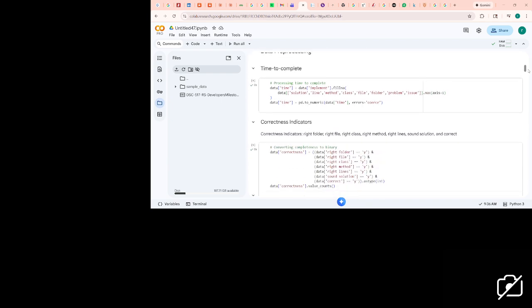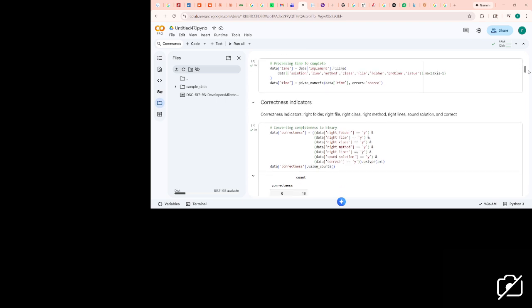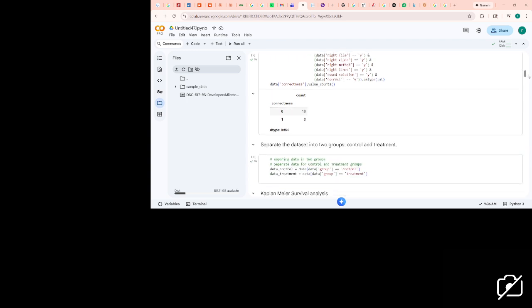And then we also created correctness indicators, whereby to determine correctness, all the correctness indicators were marked yes, and for that we used a boolean. We created a boolean variable, then converted it to binary by just changing the type to integers. Then we separated the data into two groups, the first one being the control group and the next